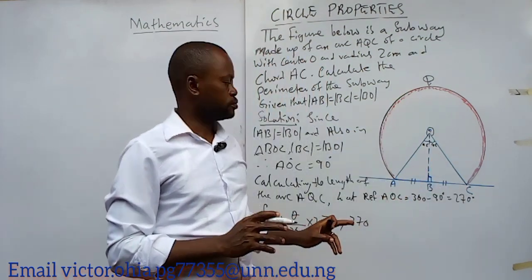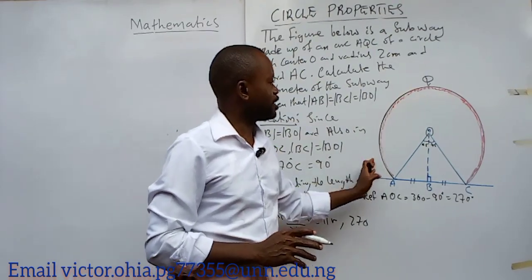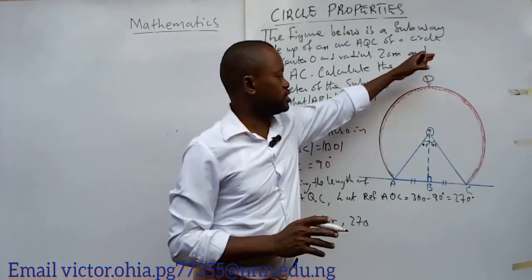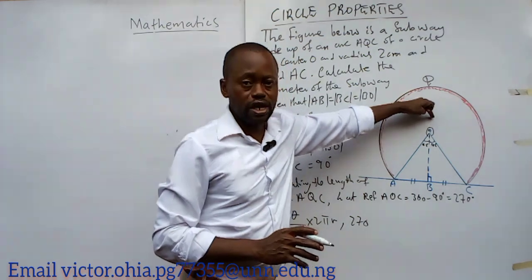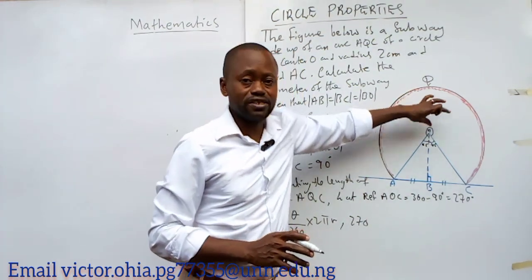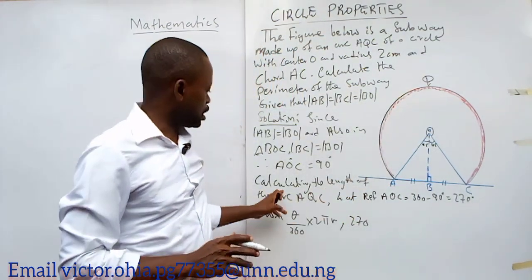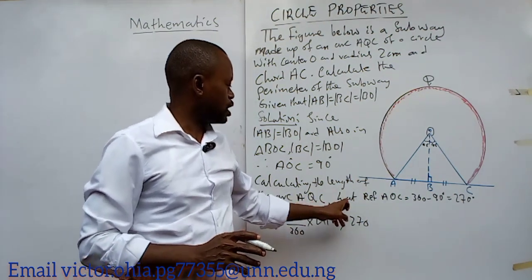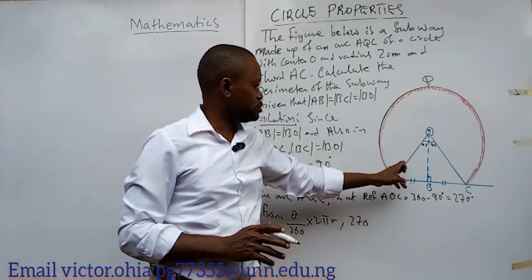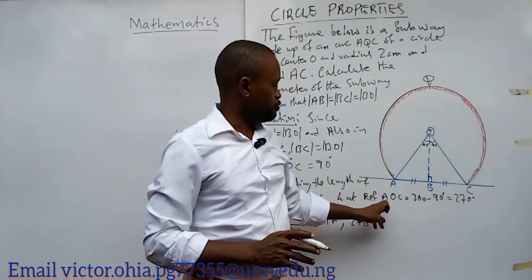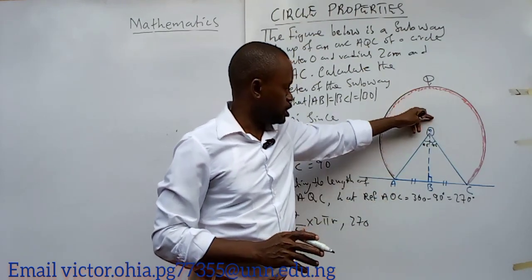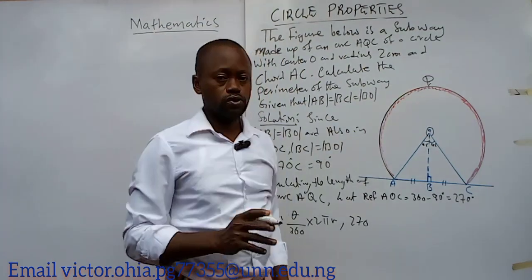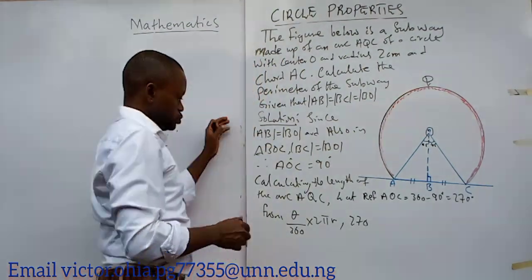AOC. Now, but this arc we are trying to calculate is on the other side. The angle needed to do the calculation is on the other side, that reflex angle there. So that's why I said calculating the length of the arc AQC, the angle at the reflex AOC, is 360 minus 90, that will give us 270. That is what I am going to use here